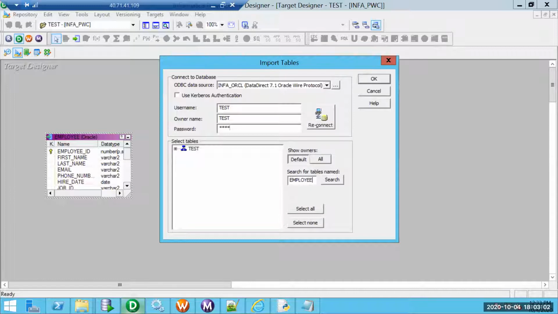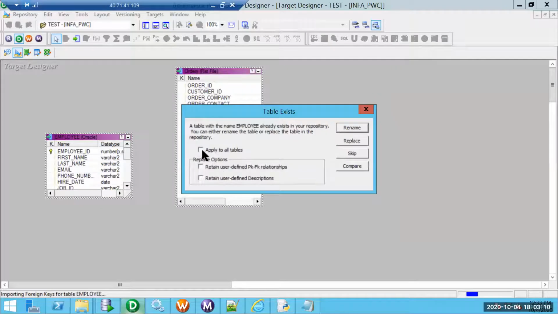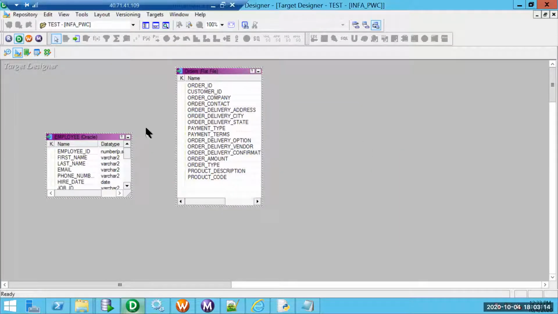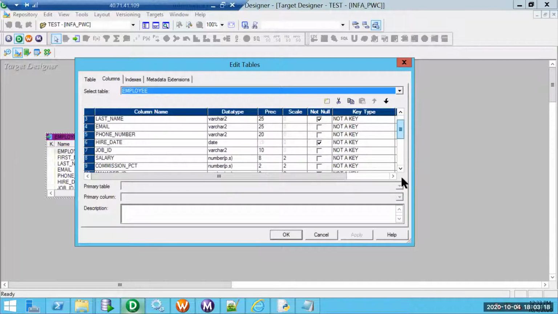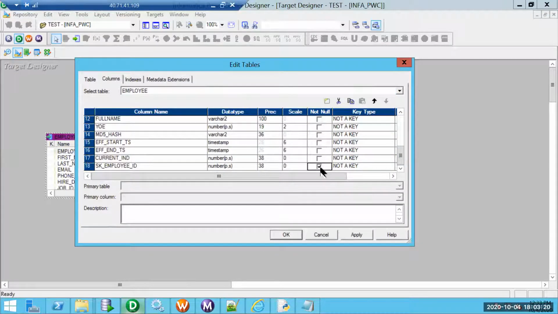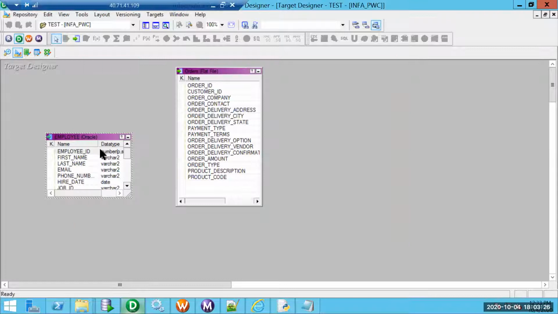Employee is the table. Here, since SK is going to uniquely identify the record, we can make SK a primary key, because there will not be any duplicates at an SK level. So perfect. I made SK a primary key.